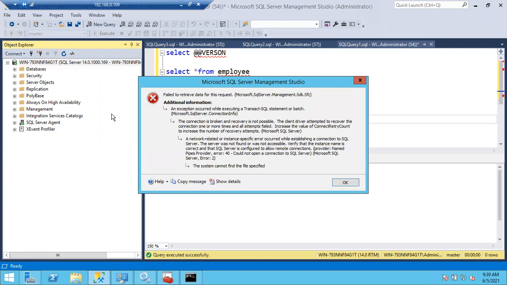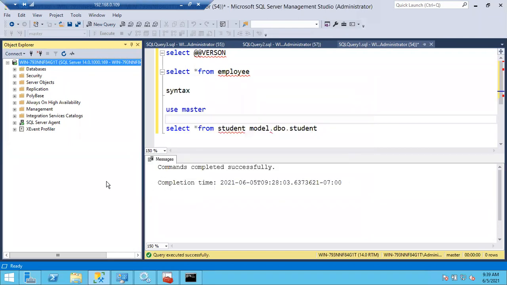You see here, the network related instance, the connection is broken and recovery is not possible. Why? Because the server is down, so you cannot connect to the server. And you will also get the red mark here.